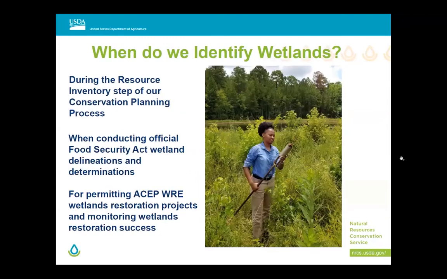So when do we identify wetlands? I'll break this up in three main ways that most people experience wetland identification in their NRCS career. One major way that everybody should be experiencing it is during the resource inventory step of our conservation planning process. This is typically using off-site data such as soils mapping, wetlands mapping, either National Wetland Inventory or some state